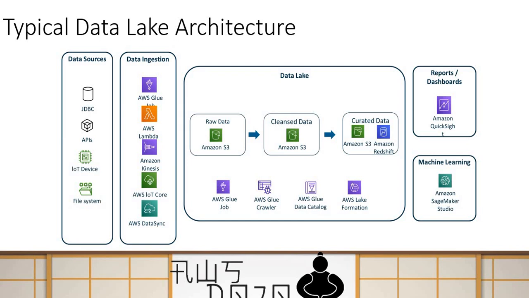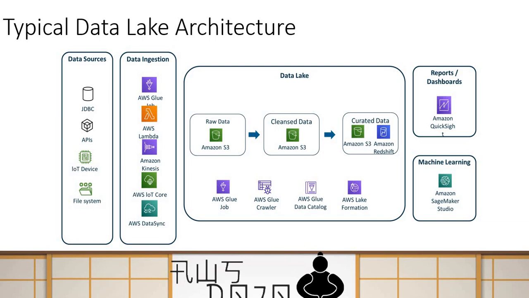So depending on your performance requirement, depending on your data model, in the curated layer, you can decide whether you want to keep your data in an S3 bucket or Amazon Redshift. And again, a certain set of services like AWS Glue Job is used to create all kinds of data transformation pipelines. Glue crawler is used to catalog the data, and then AWS Lake Formation is used to provide access